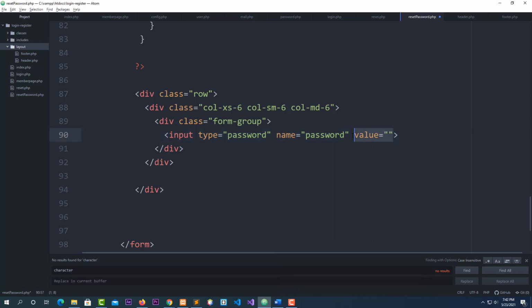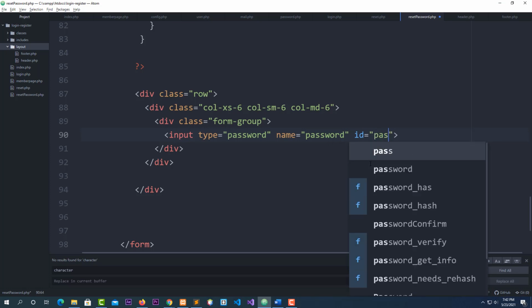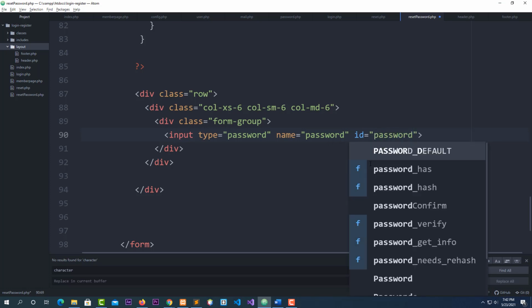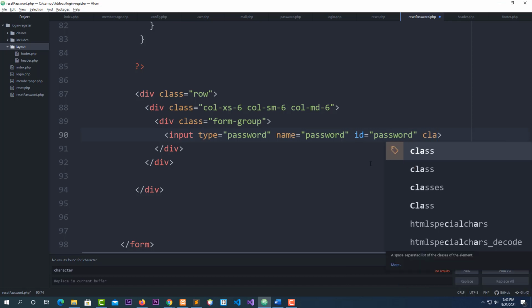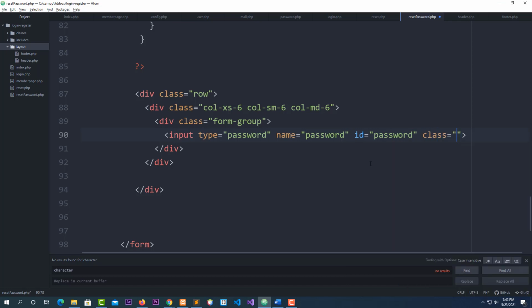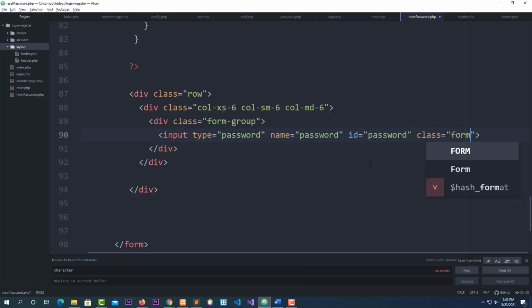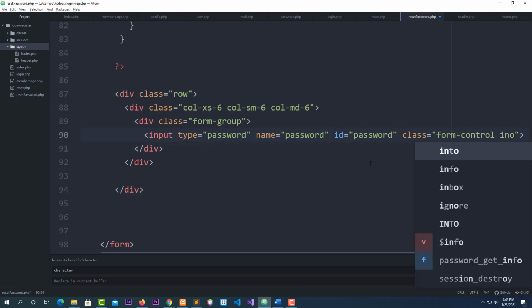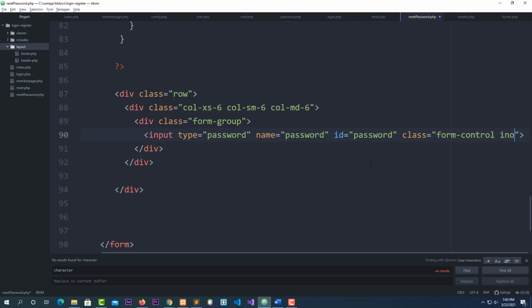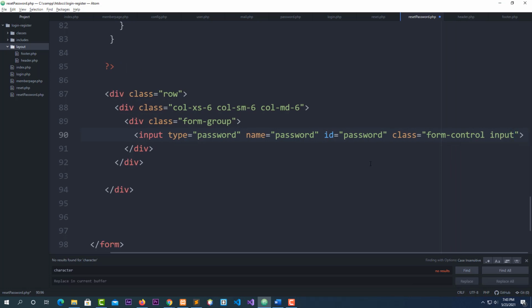We don't need the values, and we need an ID equal to password, and I need a class called form-control input,